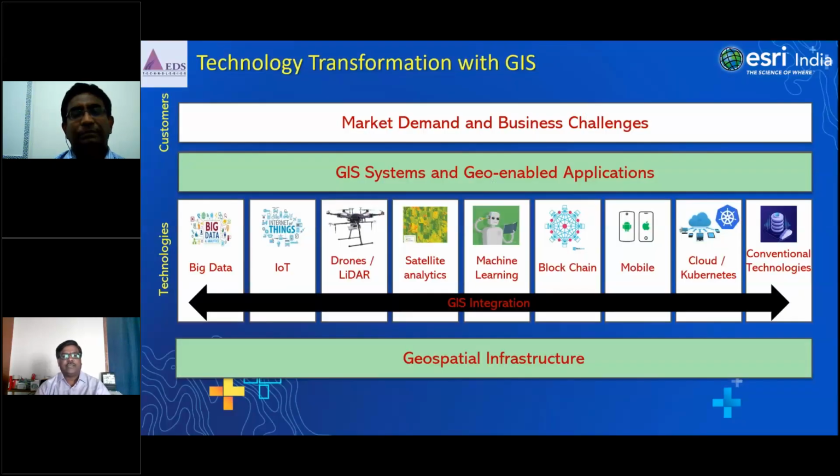So this is where the technology transformation is actually coming in. You have a base geospatial infrastructure. On top of it, you can build the GIS system and you can geo-enable it with various applications. Look at the span we are covering: from drones to satellite to machine learning, down to big data to Kubernetes to conventional. That's how the GIS industry is changing, and based on these market demands and business challenges, Esri